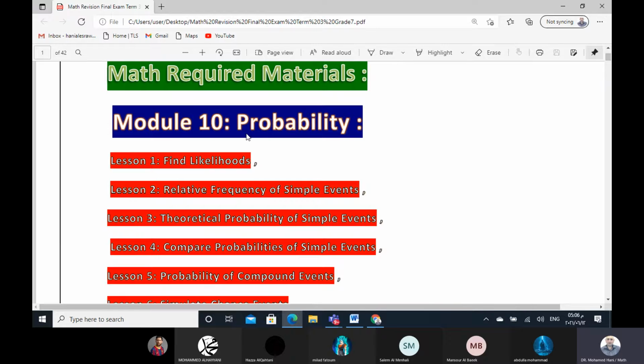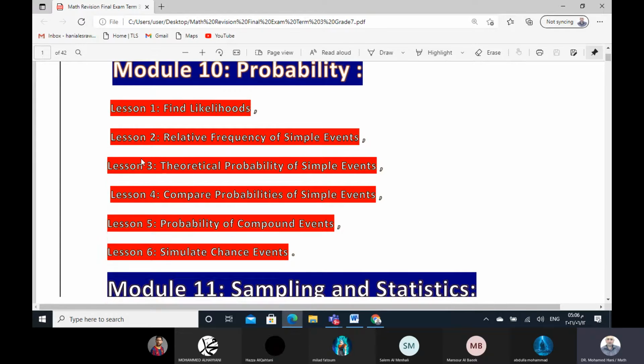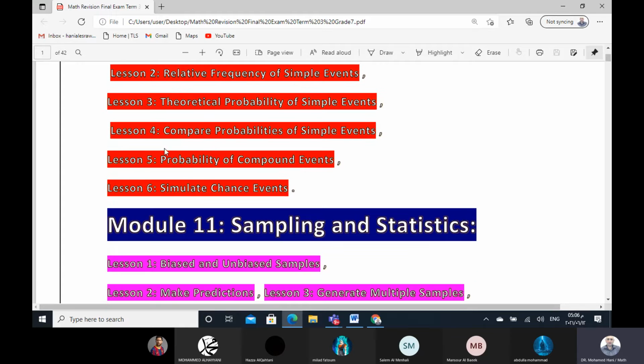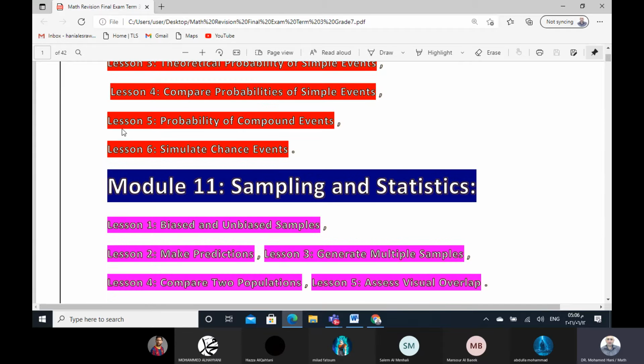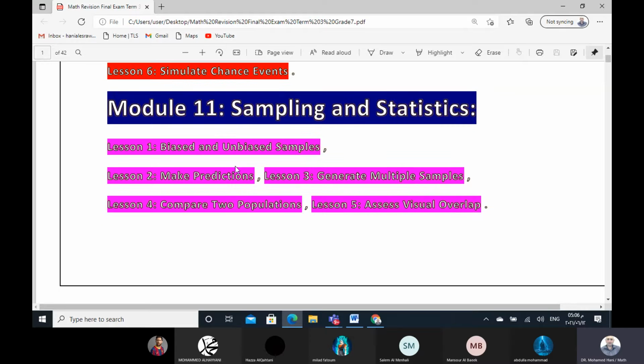We want model 10 probability, lesson 1 find likelihoods, lesson 2 relative frequency of sample events, lesson 3 theoretical probability of sample events, lesson 4 compare properties of sample events, and lesson 5 probability of compound events, and lesson 6 simulate chance events. And we want model 11 sampling and statistics, lesson 1 biased and unbiased samples, lesson 2 make